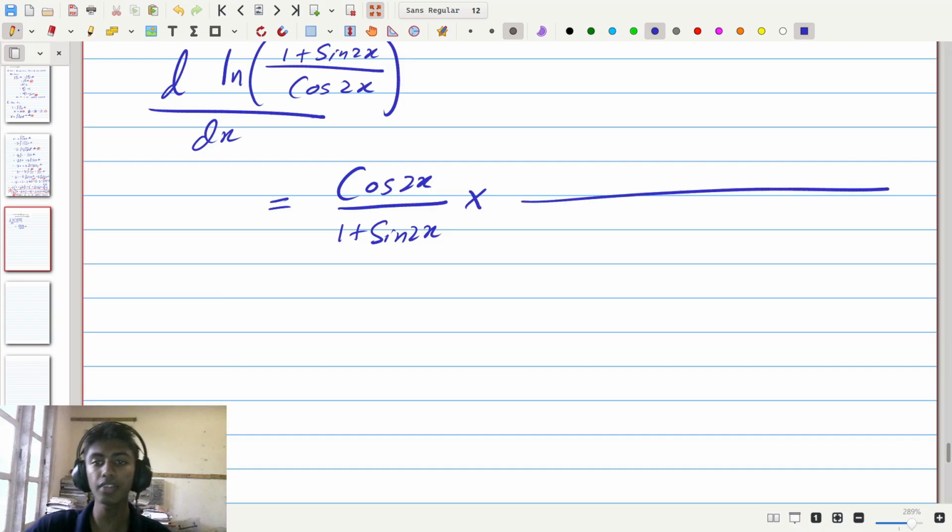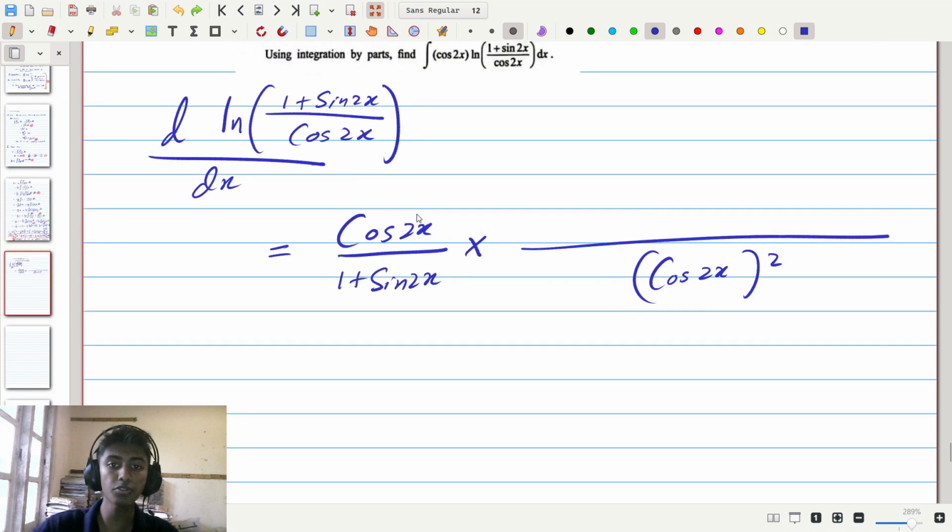So we're going to always have cosine squared 2x. Now as for the numerator, we are going to have this thing's derivative, which is 1 plus sine 2x's derivative. The derivative of 1 is going to be 0, and the derivative of sine 2x is going to be 2 times the cosine of 2x. So we have 2 cos 2x multiplied by the denominator, which is cos 2x over another cos 2x,